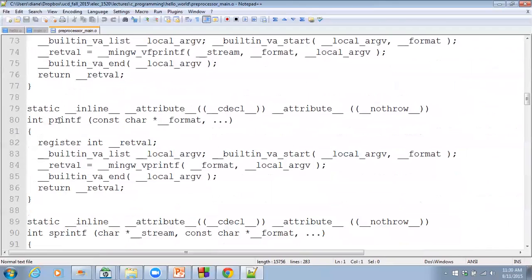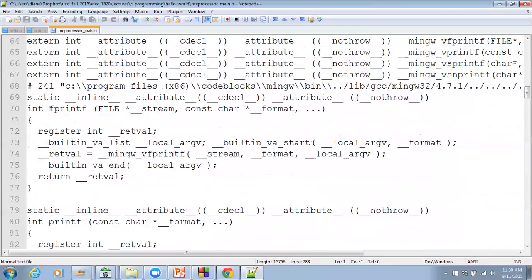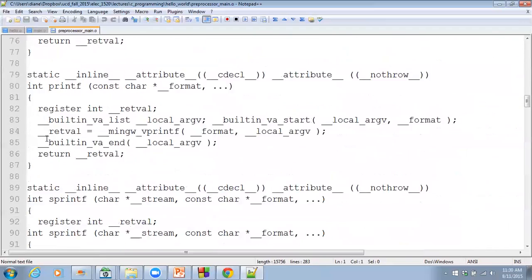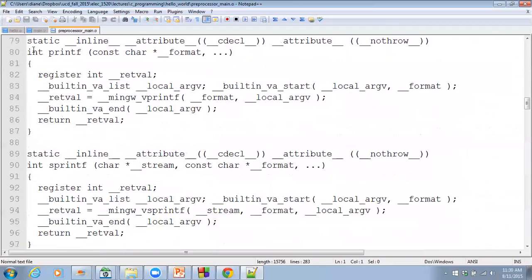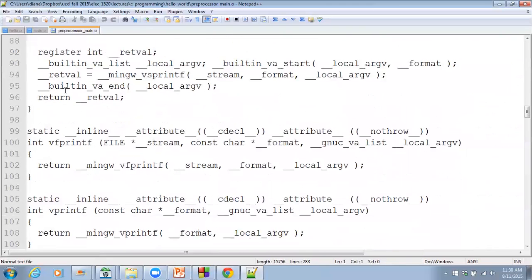But here it added some information about printf. Basically what it did is it pulled a lot of information out of the standard IO library. We're not using fprintf, we're not using sprintf. We need this information for printf. So when we said pound include standard IO.h, it brought in a lot of information from there and added that